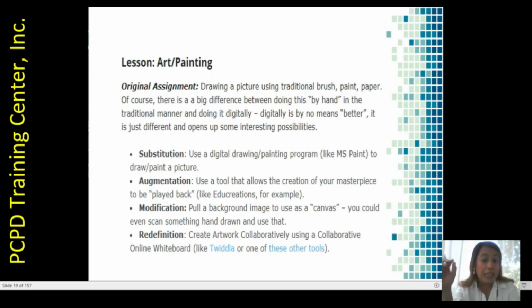Augmentation: use a tool that allows the creation of your masterpiece to be played back, like Edu Creations. Modification: pull a background image to use as a canvas. And redefinition: create artwork collaboratively using a collaborative online whiteboard like Twiddla. Okay, so if you have observed, the teacher is navigating from the basic use of tools to that of highly